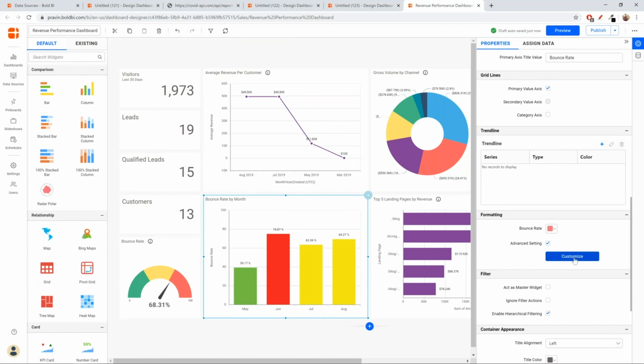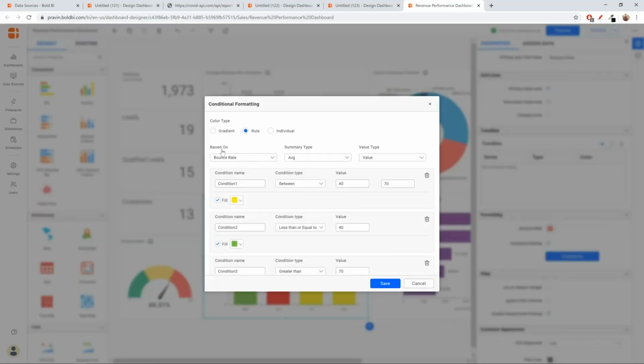So instead of the bounce rate here, I'm going to add the condition, because the condition is already added in the expression. I'll go to the field that we created right now.